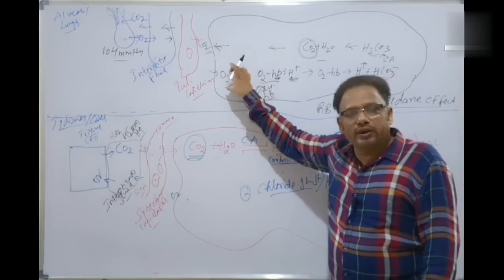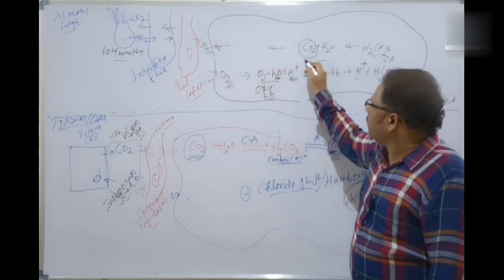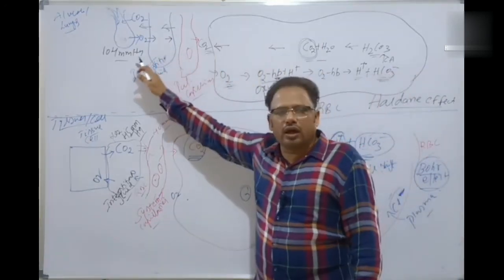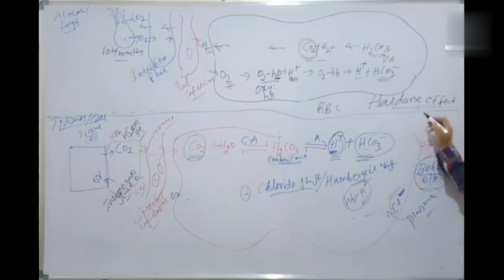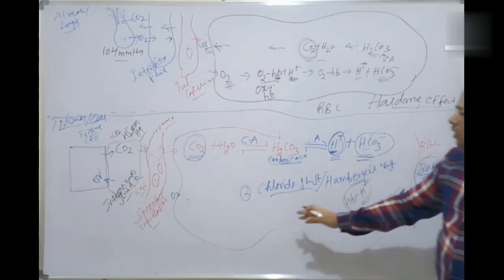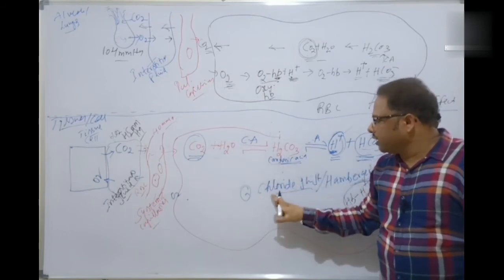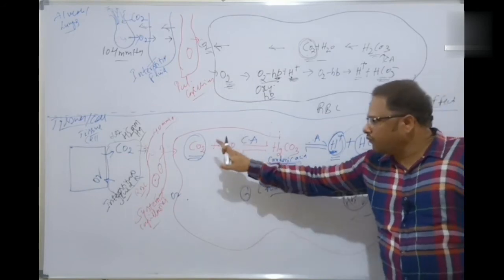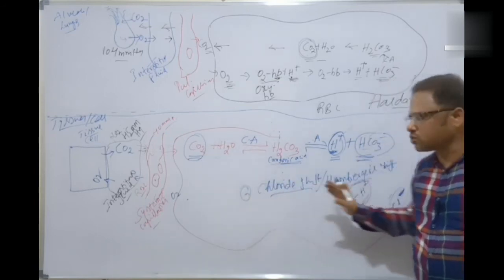Oxygen loading with hemoglobin leads to the unloading of carbon dioxide to the alveolar area. That is called the Haldane effect. What is the Bohr effect? The effect of carbon dioxide and hydrogen ions on the unloading of oxygen. Loading of carbon dioxide leads to the unloading of oxygen. That is called the Bohr effect.